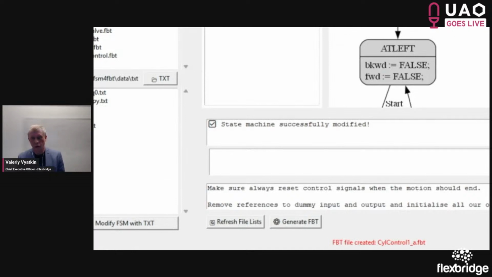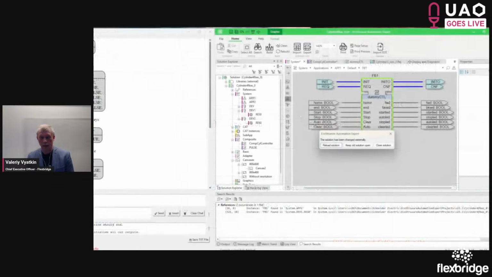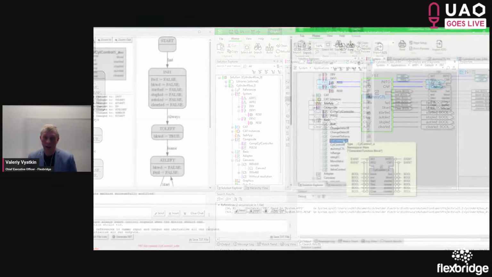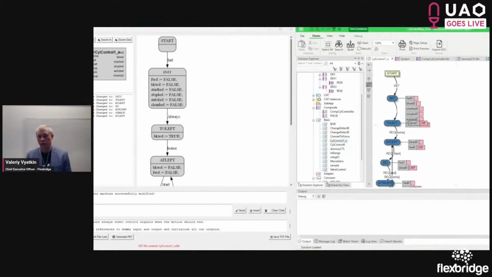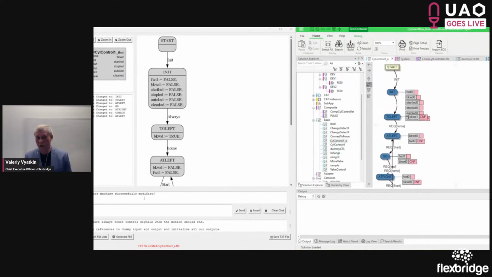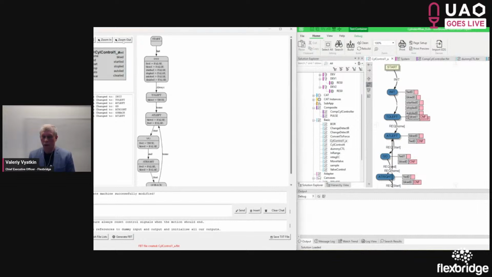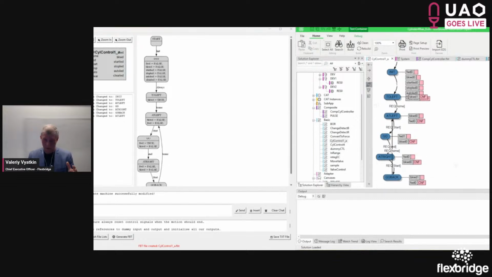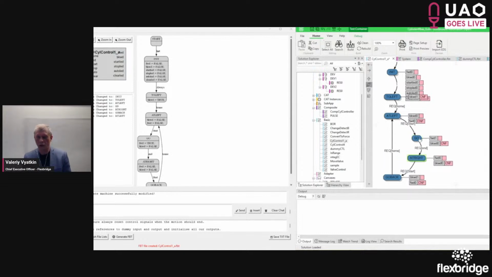So then we switch to EcoStruxure Automation Expert and see that it immediately detected the new function block being sent to it, and we need to reload the solution. So we reload the solution, select the function block, and see here is a function block created, auto-generated from the state machine. So you can probably see that they are quite similar in the structure, but the layout is a little bit ugly. We still didn't work on the layouting too much.